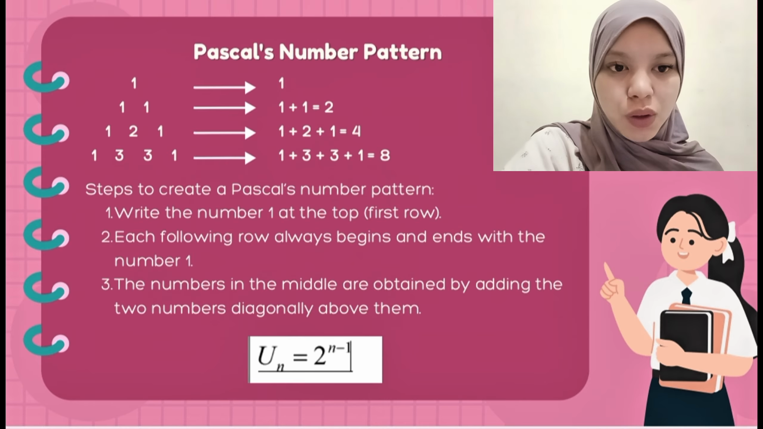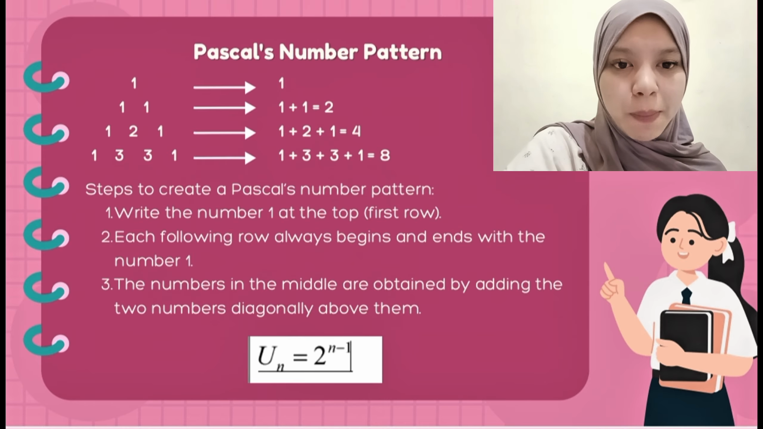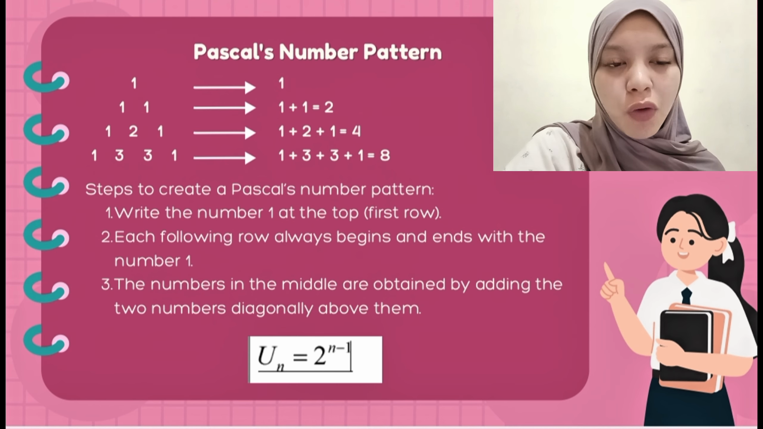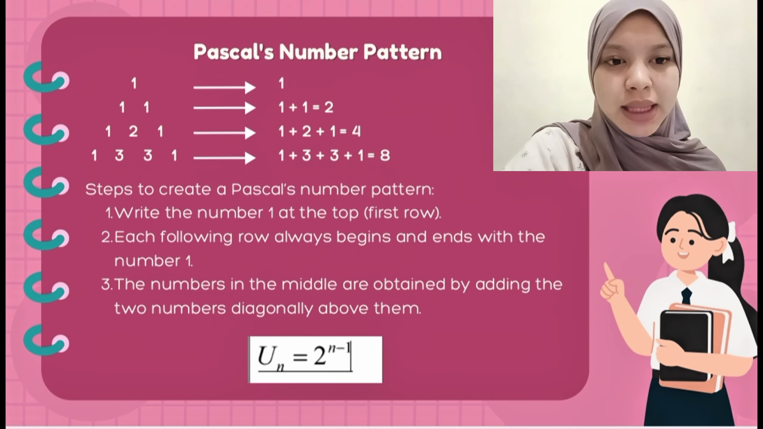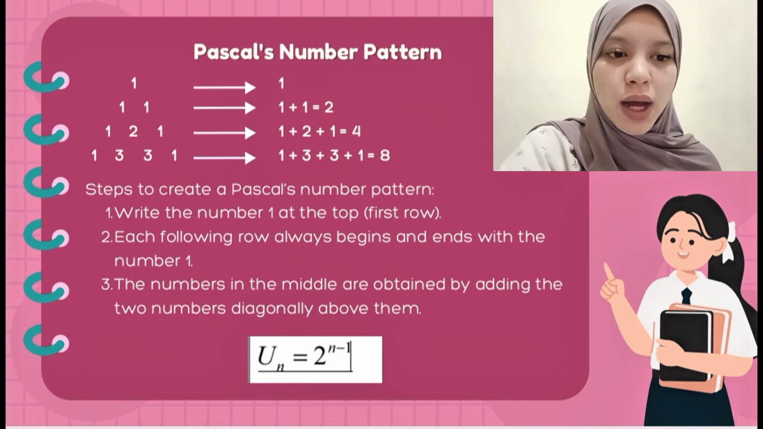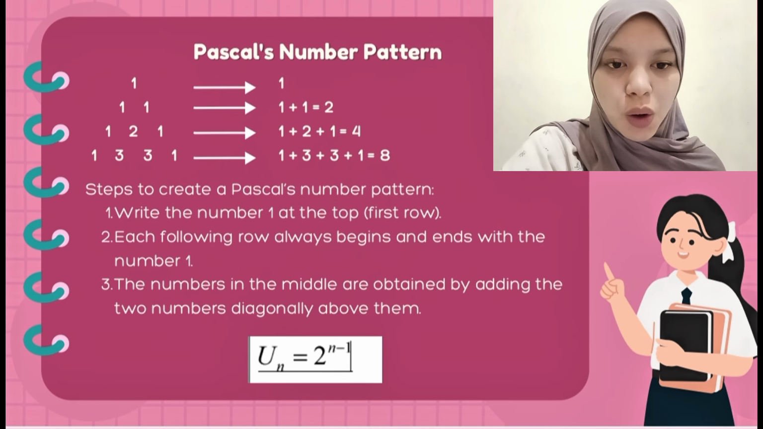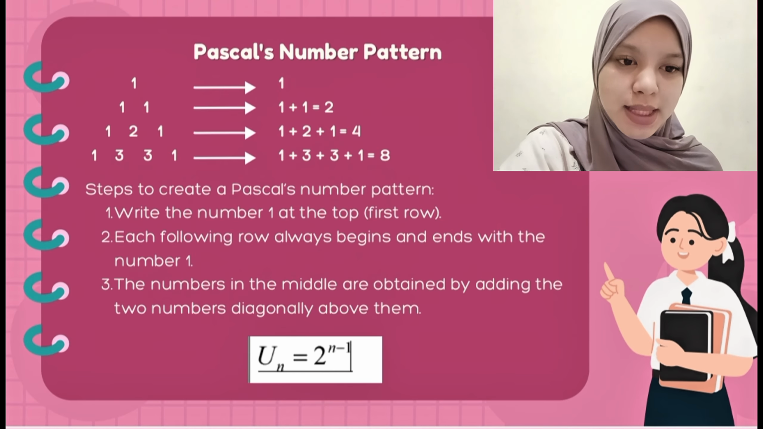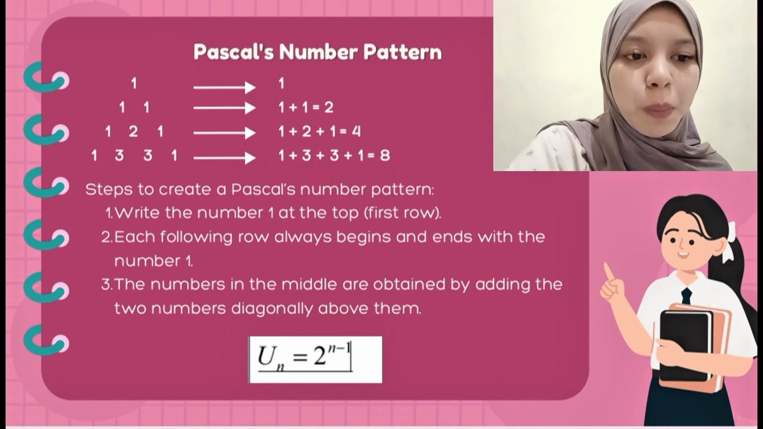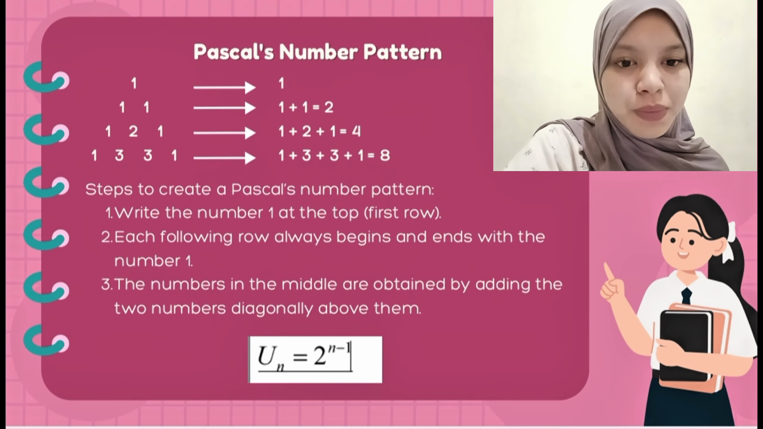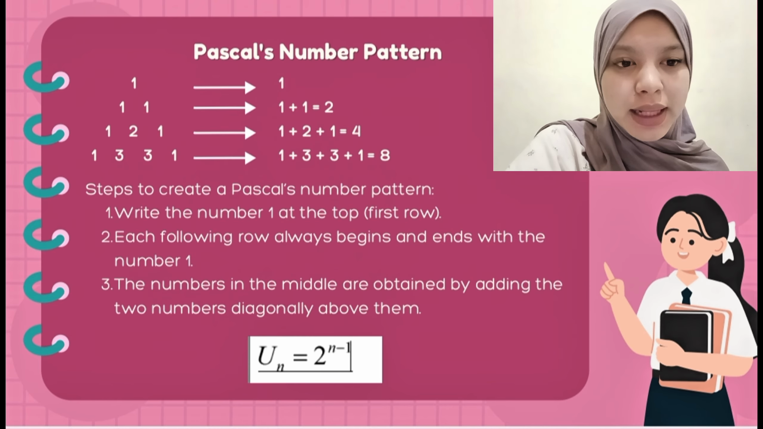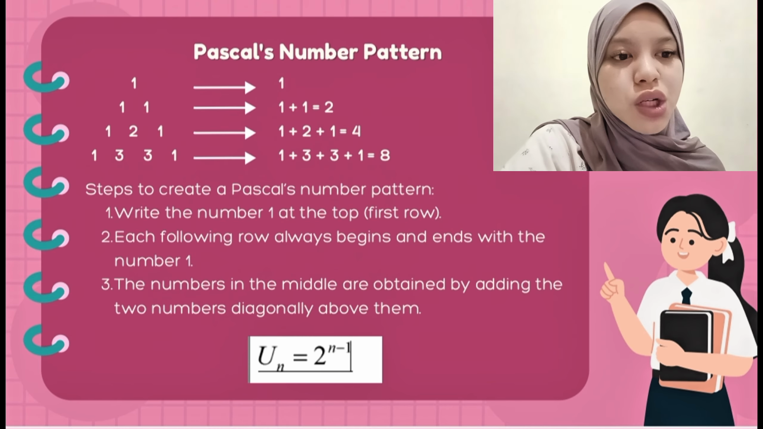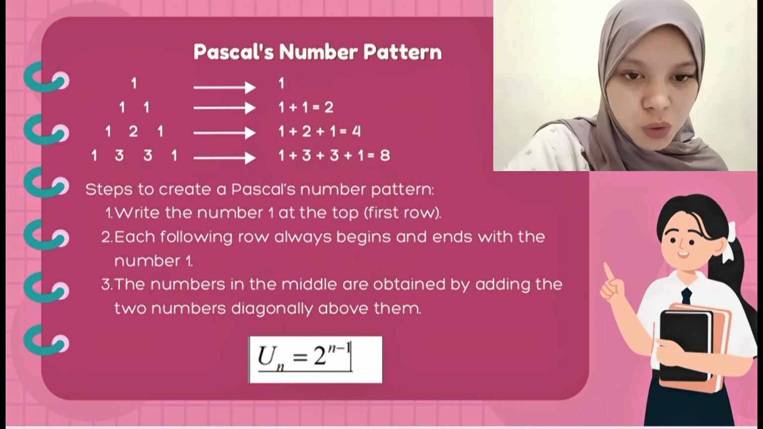The first row consists of only one number, 1, and the sum of this row is 1. The second row is 1, 1, and the sum is 1 plus 1 equals 2. The third row is 1, 2, 1, and the sum is 1 plus 2 plus 1 equals 4. The fourth row is 1, 3, 3, 1, and the sum is 1 plus 3 plus 3 plus 1 equals